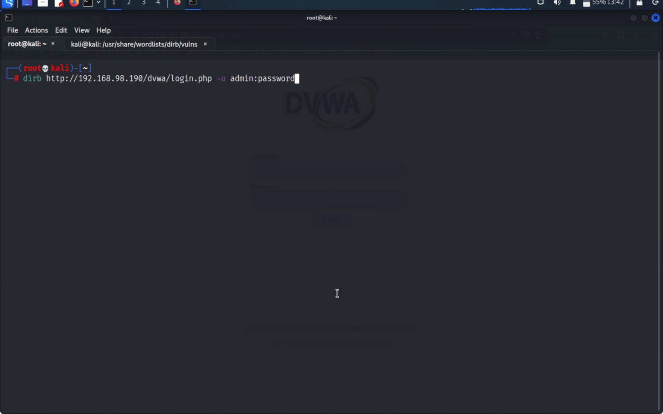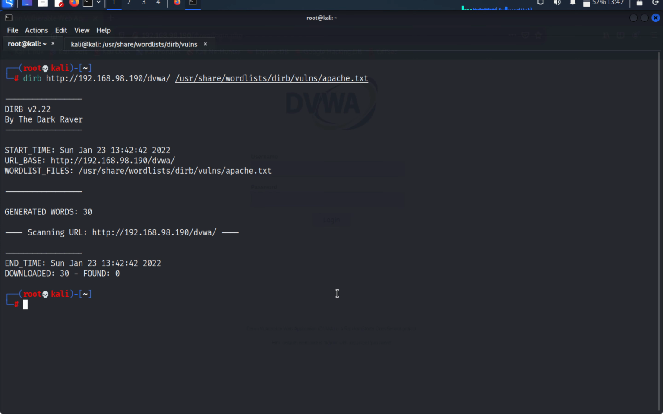Let's clear it. I will be running the same thing without login, on DVWA, and I will be searching with the word list from /usr/share/wordlists/dirb/ using apache.txt. So it says the word list is this, the URL base is this, and we haven't got any specific vulnerability over here. Apart from this, I can go for a small nmap scan